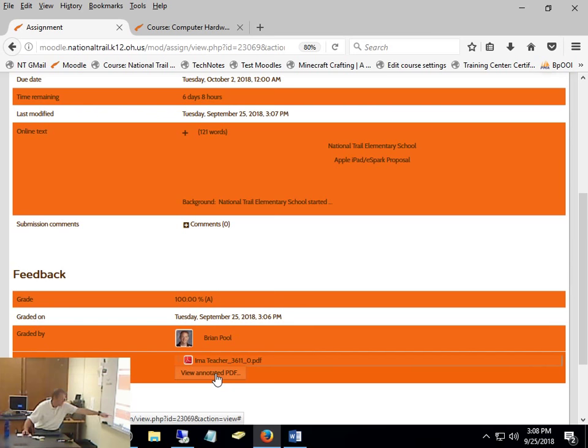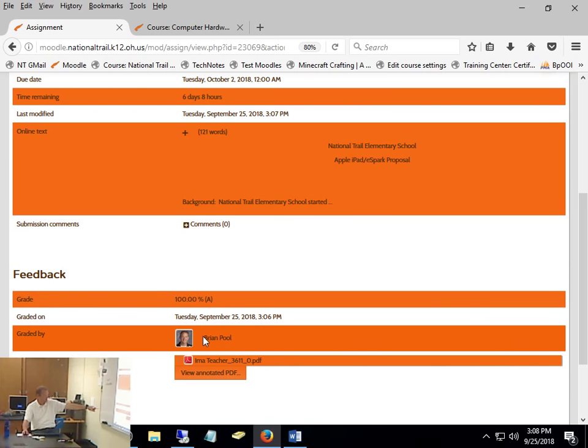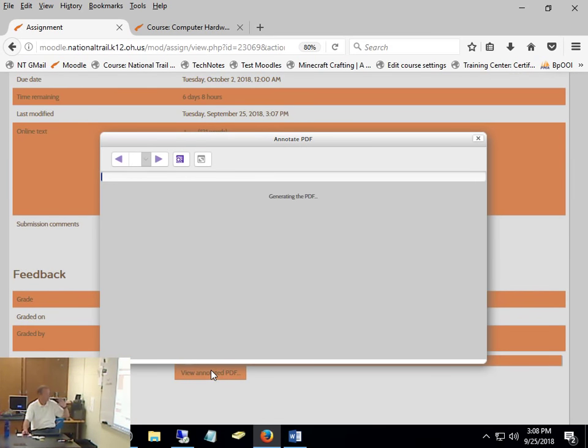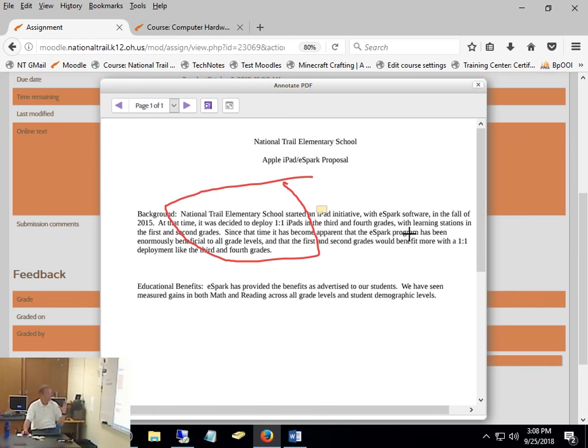Okay, so they just see down at the bottom, it was graded by me, and here's the annotated PDF. When they click on that, it brings up the PDF. It's a hover over, so it just shows collapsed. Whatever I drew, you can see it just drew right on the thing, which I'm not artistic, so it didn't drag right. But any comments I have just collapse to wherever I clicked when I started the comment. So then the student, as soon as they hover over it, they can see what they